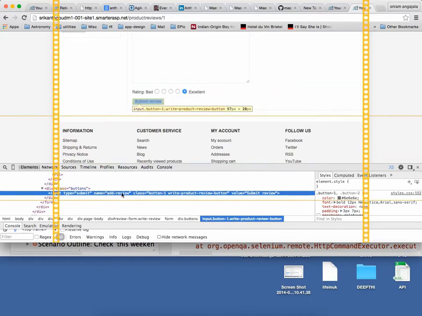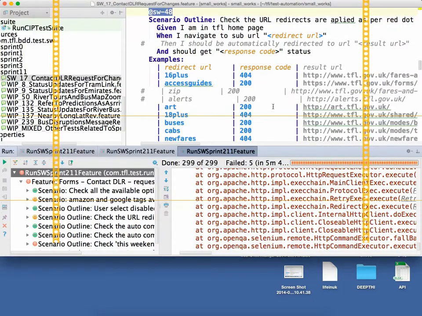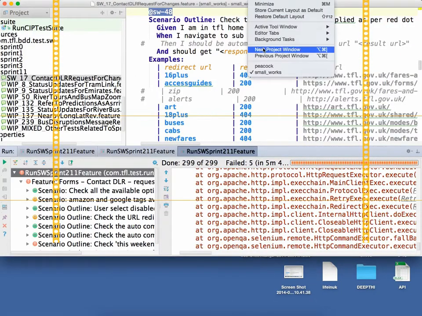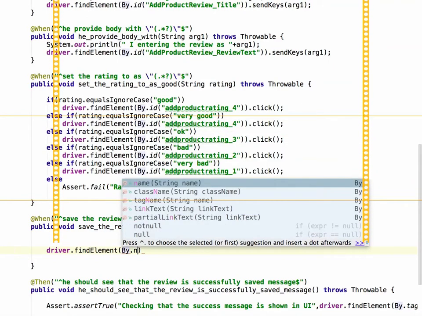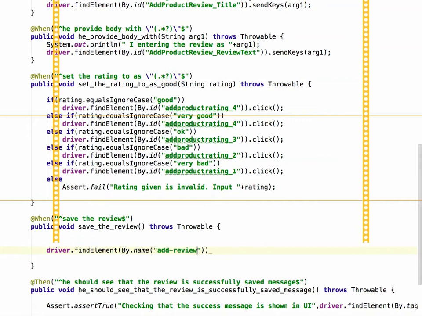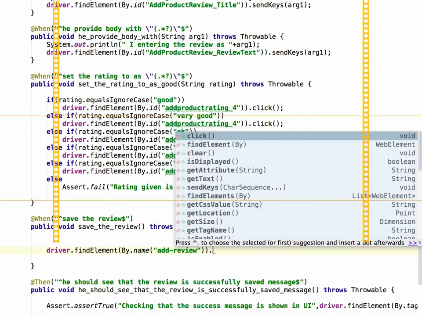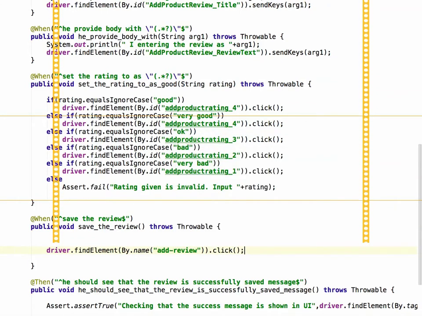There's no ID here. Okay, so I have a name here. I'll use that. Okay. Click. That's it. Over.